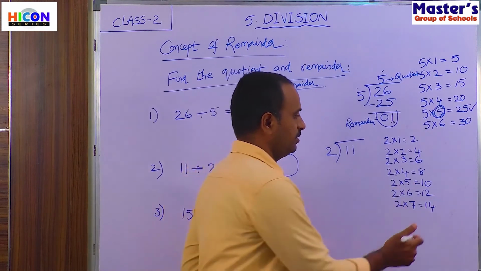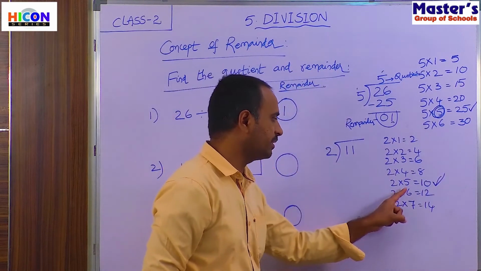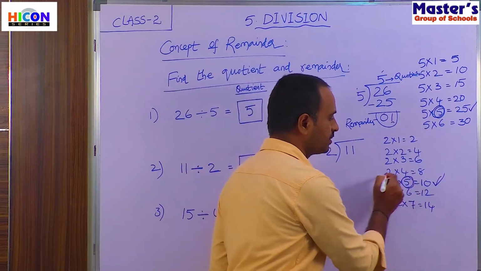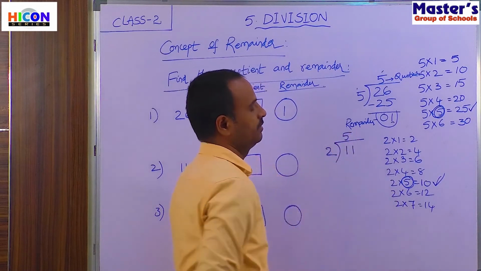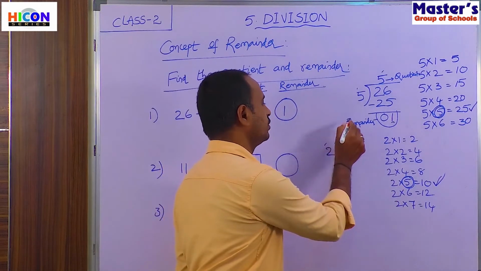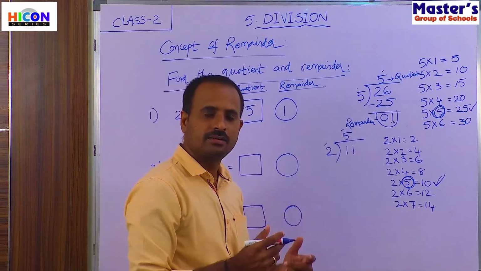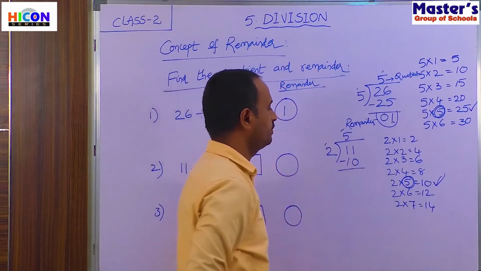So where is 10 here? So here is 10. Now we have to take this. It means how many times we have to take to get 10? We have to take 5 times. So write 5 in the quotient above the dividend. Now multiply these two numbers, that is 2 into 5. 2 fives are 10. So write the product below the dividend and subtract.